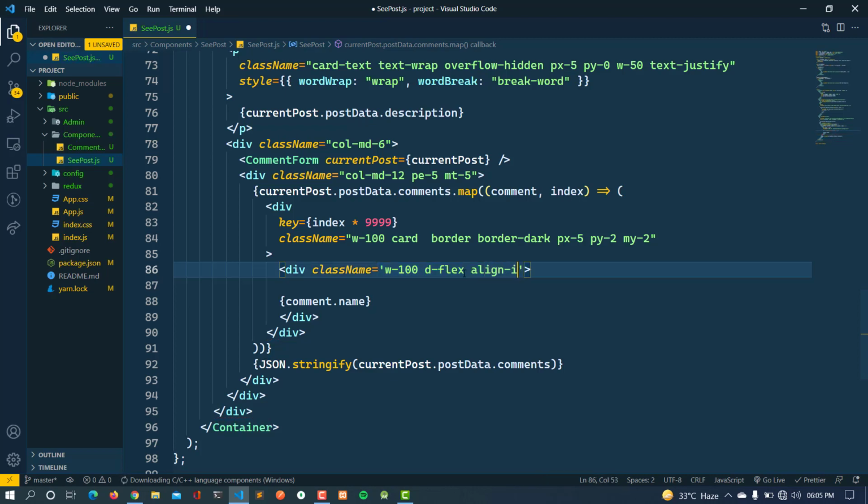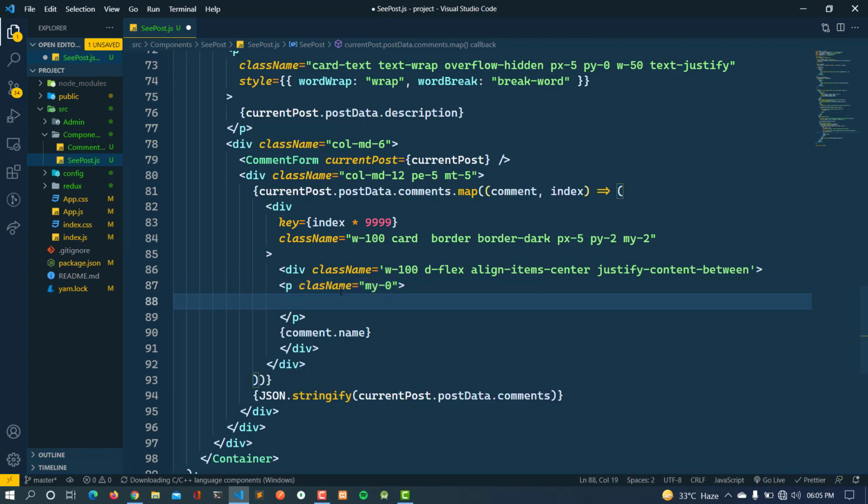Here we will write align items center and justify content between. That's okay, and let's move further. Here we will first of all add one paragraph where margin y will be 0, to make it centered here. And then here I'm going to write the name. I just want the first letter of the name.